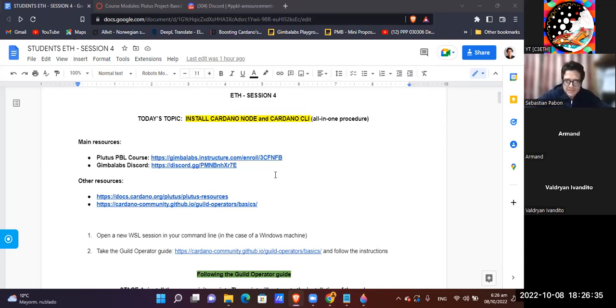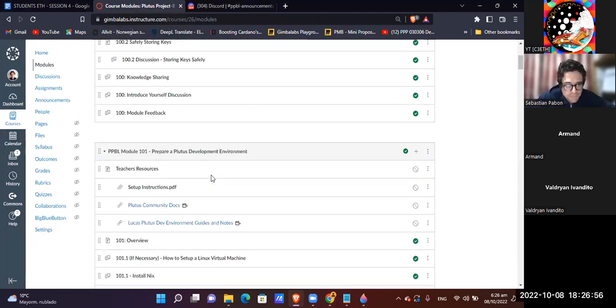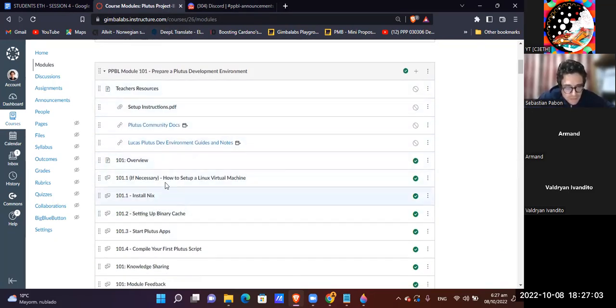In the last session, we studied how to install Nix and Cabal. Those are important tools for all developers on Cardano. You can go here, in this session, prepare a Plutus development environment, and here you can find all the instructions to install your Nix, in this case,